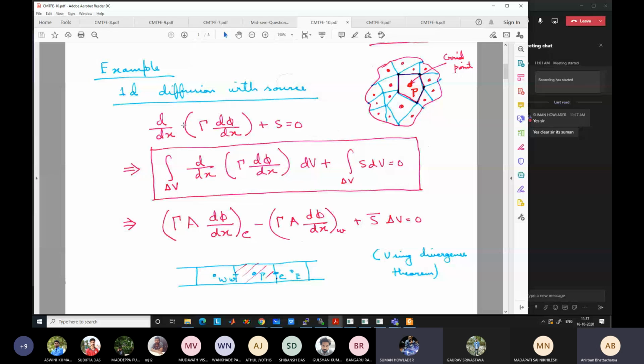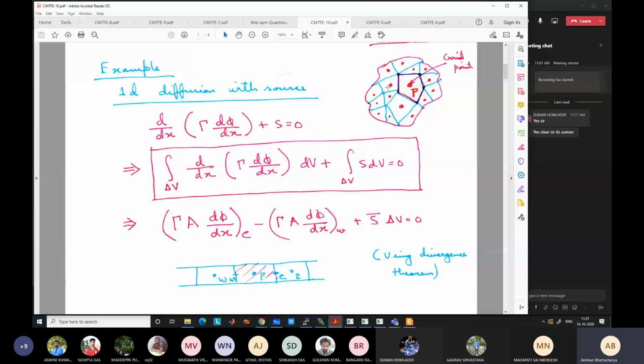No. I think you are confused. All the points in a control volume does not make sense, right? Each control volume has a single grid point. You can see here, this is our geometry, the entire domain. So how many control volumes do you have? Around 10, 15. I don't know, but maybe 15 control volumes are there. Each is represented by a single grid point, not multiple grid points. A single grid point at its centroid.